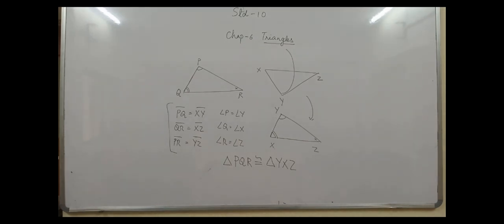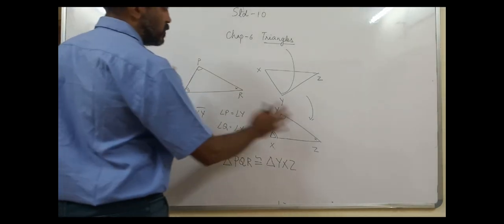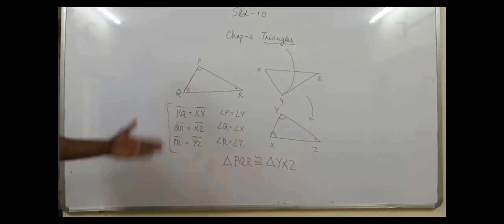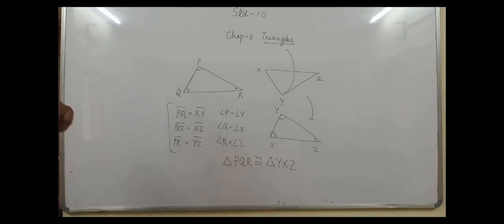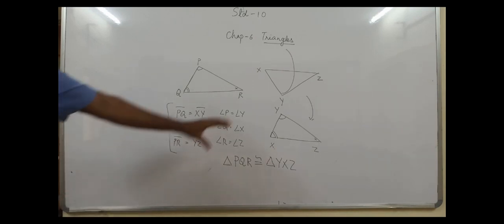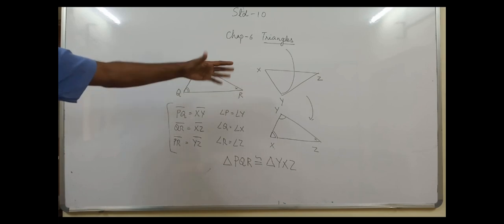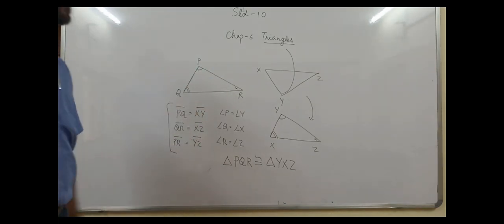Now what do you observe here? These two triangles are scalene triangles, means the sides are not equal. All the 3 sides are different. So here the correspondence will be possible only in one way. So this was the correspondence of two triangles. You did this in the 9th standard, just for the revision.